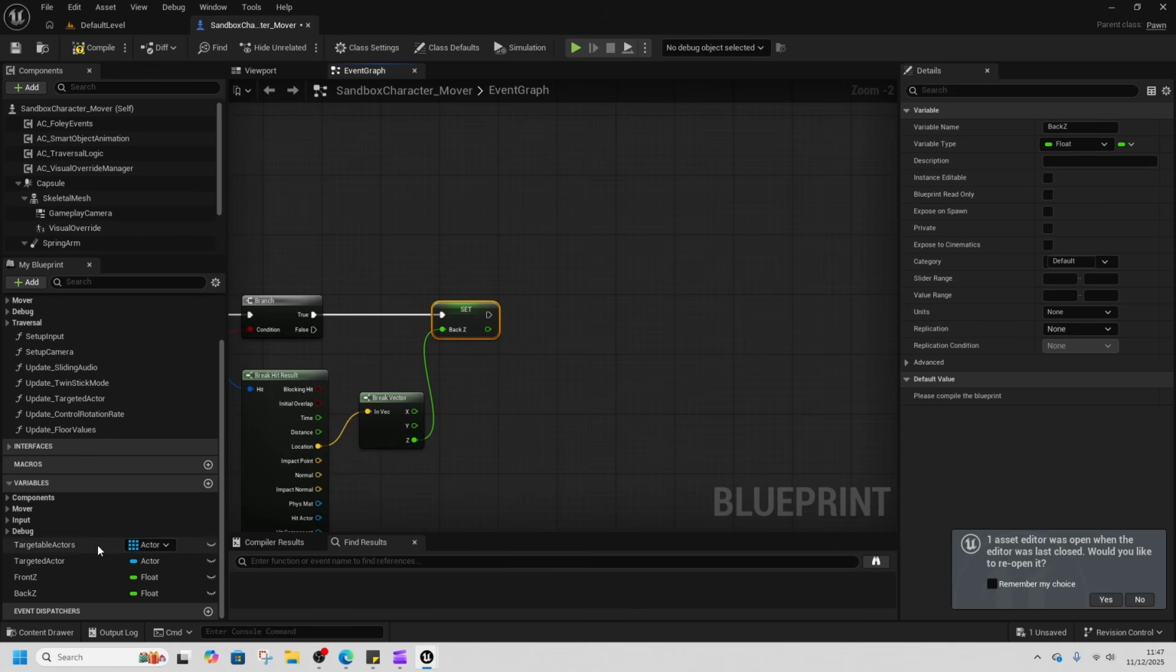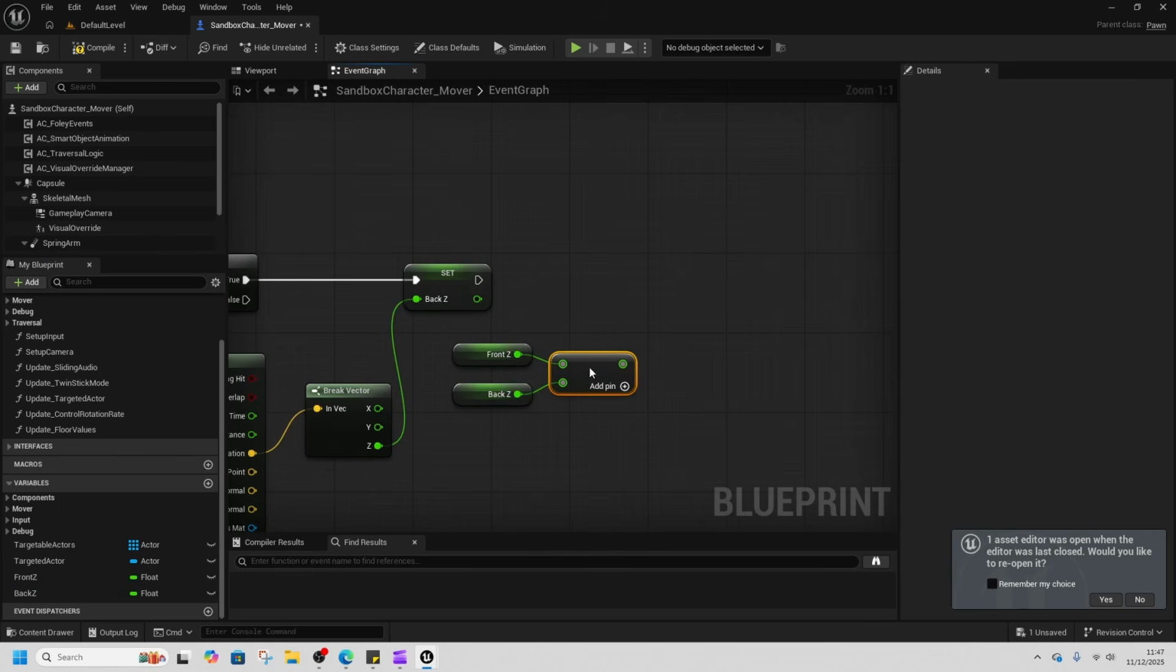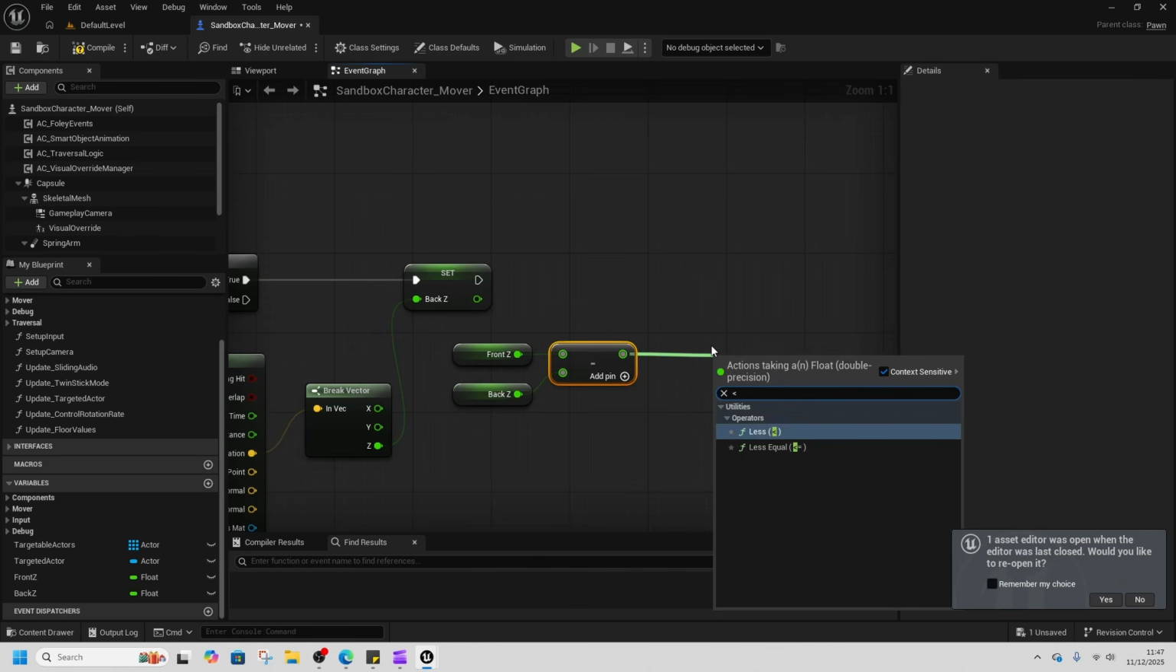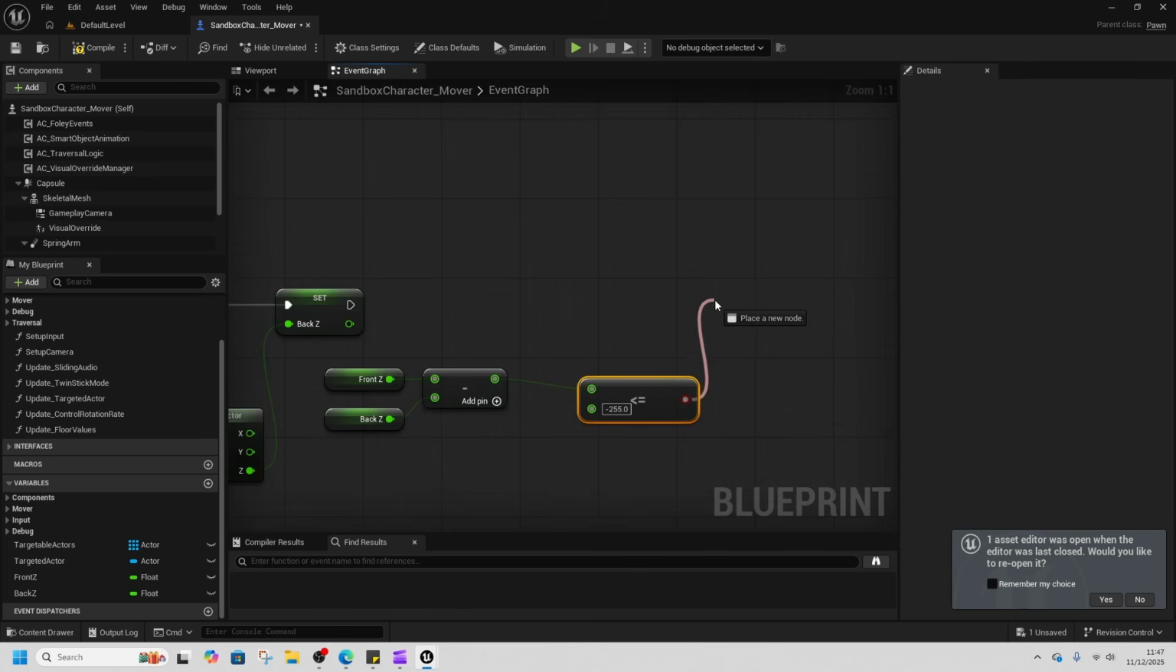Okay, we're going to get our front z, and we're going to get our back z, and we're going to minus them from each other, and this will tell us if the slope in front of us is going down or if it's going up. And then from here, we're going to check if it's less than or equal to 255 minus 255. And if it is, we're going to get branch,